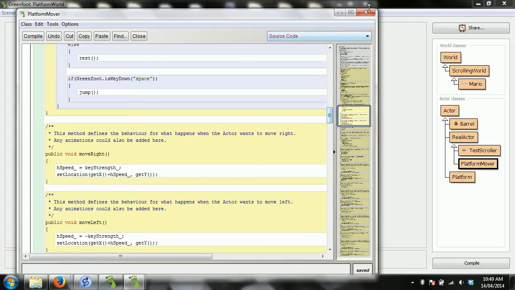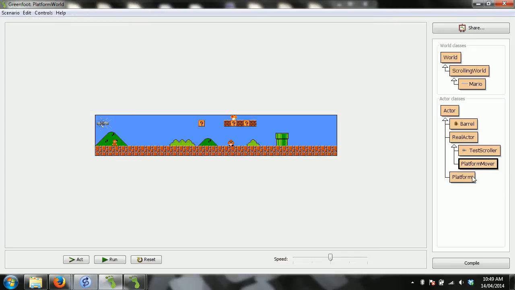As the name implies, it is a platform mover. You must have platforms in your game or it won't know what you're talking about. So anything you want to add needs to be a subclass of this. So I'll show you the difference here. This barrel, for example, it's not a platform. So because it's not a platform, if I put a barrel in the game, the ant is going to be able to teleport straight through it. However, if I want to change that behavior, so now it cannot,